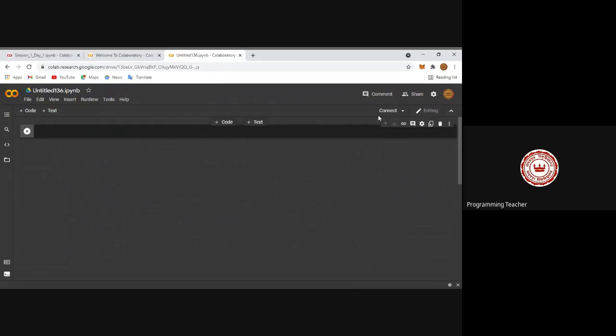There is an option you can see, that is Connect. If you click on it, it will start connecting to the Google instance, and it will take just a few seconds to get access, and your instance will be fully operational in all aspects. After connecting, if you place your mouse here, you can see that by default Google provides you 12 GB of RAM, and parallelly 100 GB plus storage for your internal and development work.